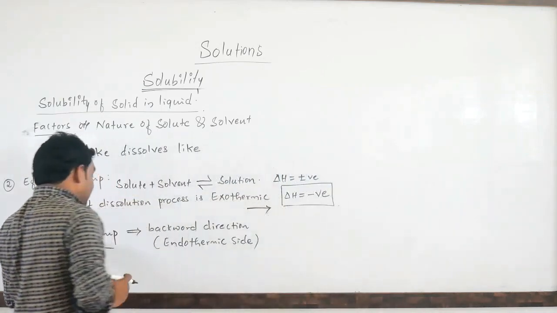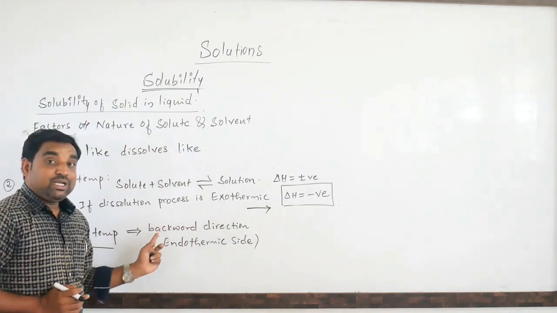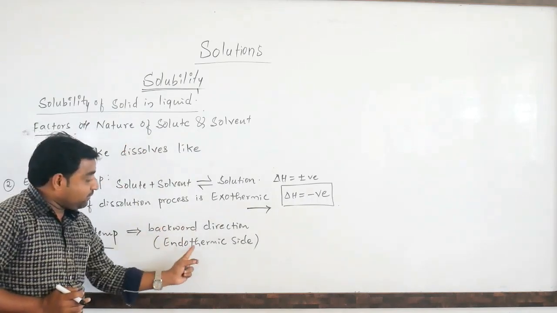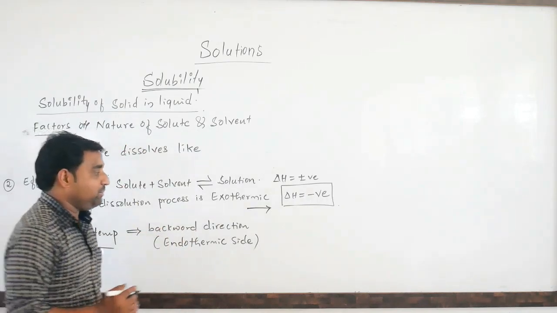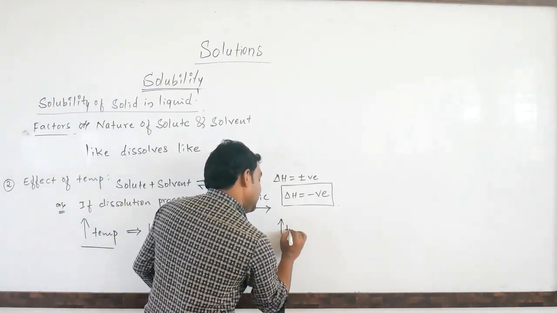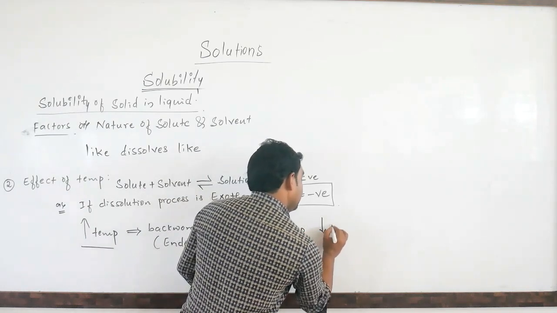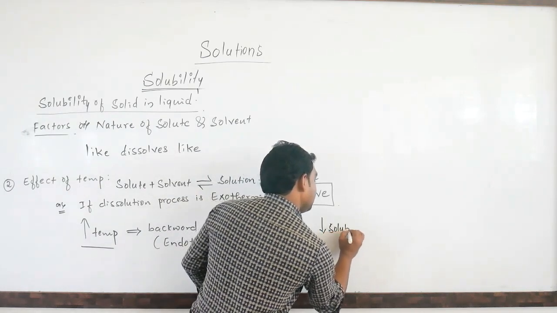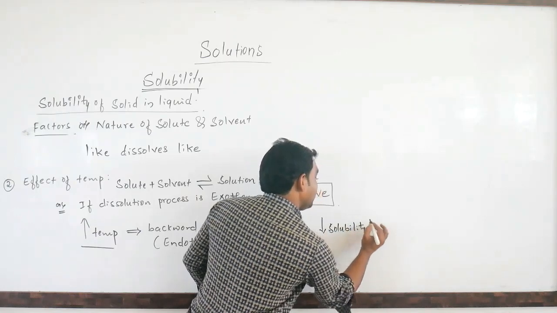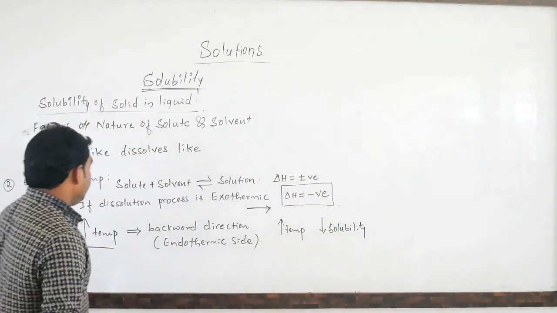So with an increase in temperature, the solubility of a solid in a liquid will decrease, as the reaction moves towards the endothermic side. What does it mean? If it is exothermic, with an increase in temperature, solubility will decrease. The solubility of a solid in a liquid will decrease. So if you can take